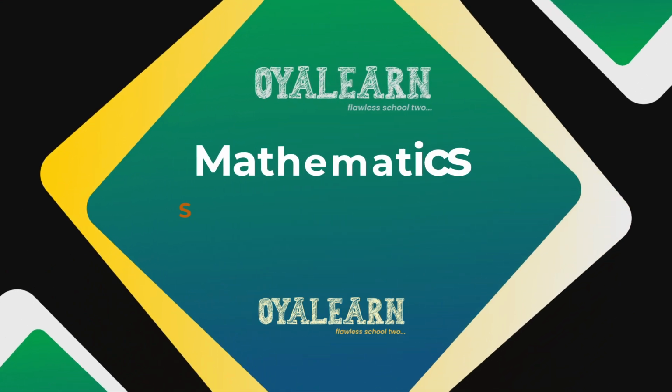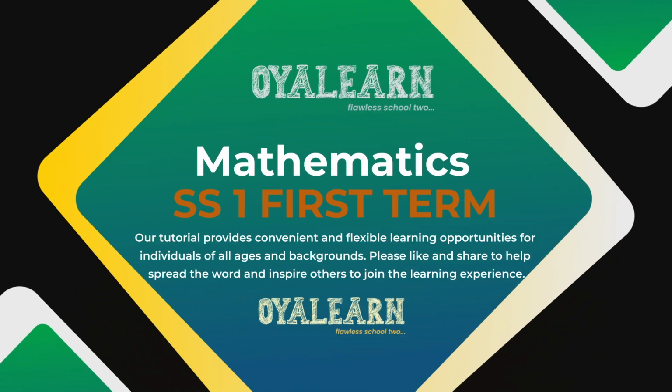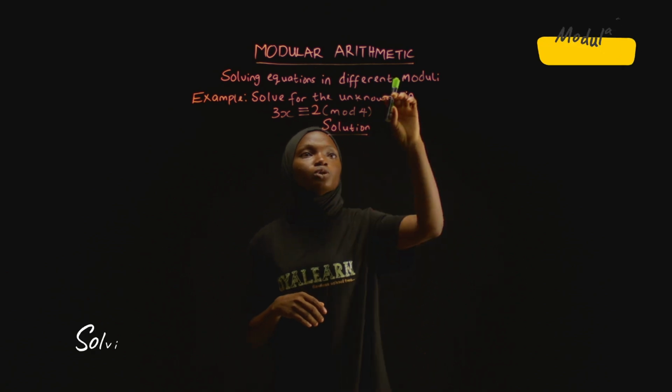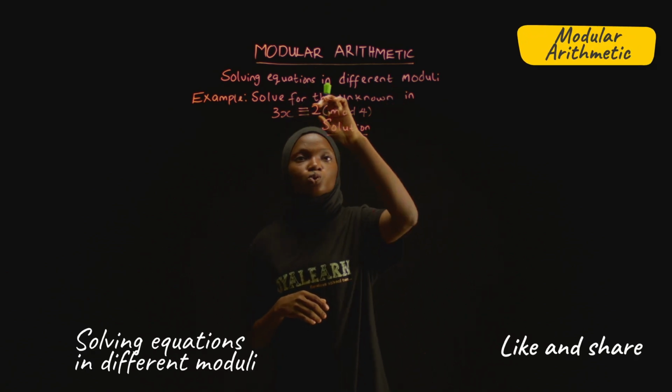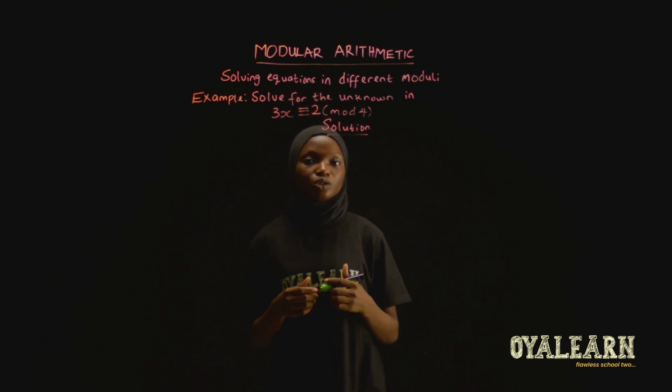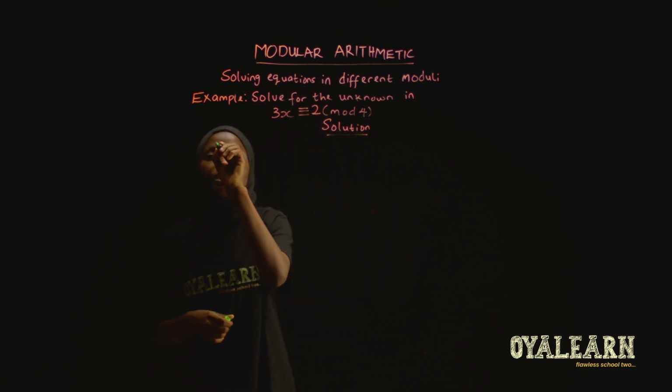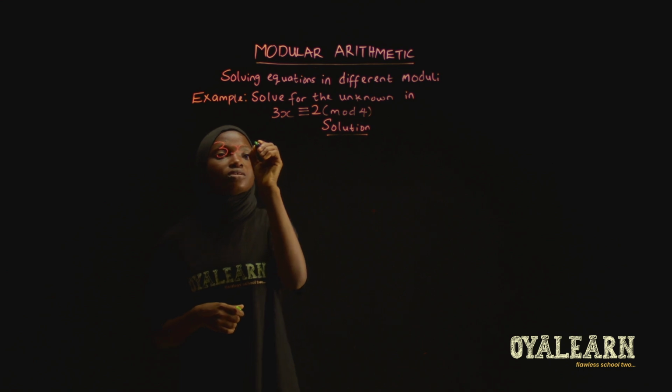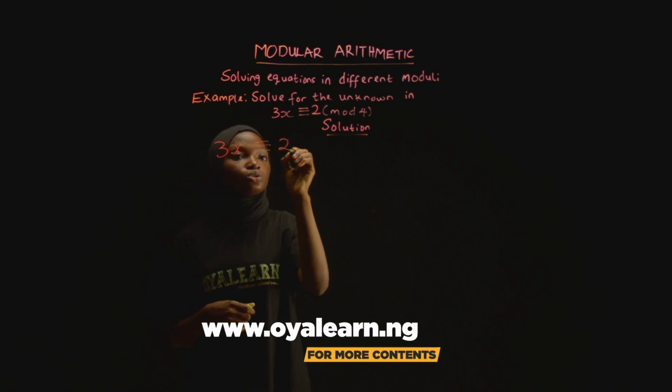Let's learn how to solve equations in different moduli, and here is an example. We have to solve for the unknown in 3x is equivalent to 2 in mod 4. And here, the x is the unknown we have to solve for. So let's rewrite that: 3x is equivalent to 2